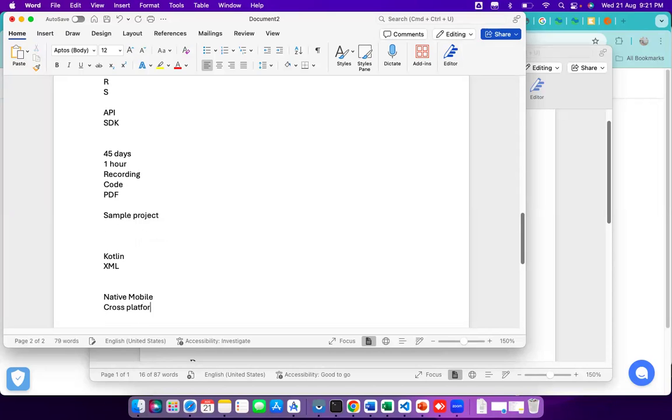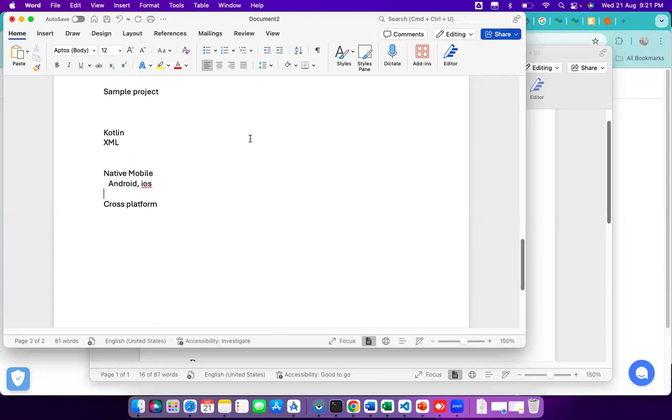So whatever we are doing here now, this is native. Native means whatever code is written will run only on one environment. Like we are running on this one environment, that code will run on Android. Same with iOS. Android and iOS are the examples for this. Android by using Java or Kotlin, both come under native.